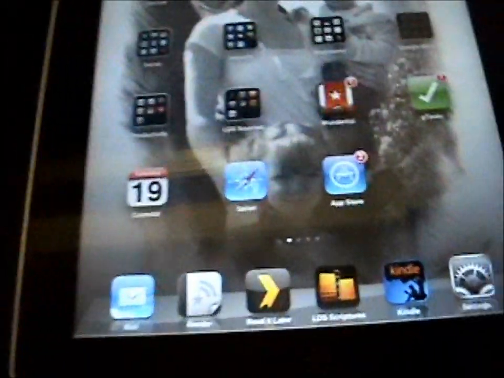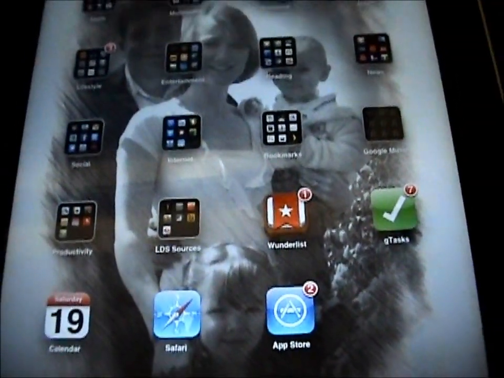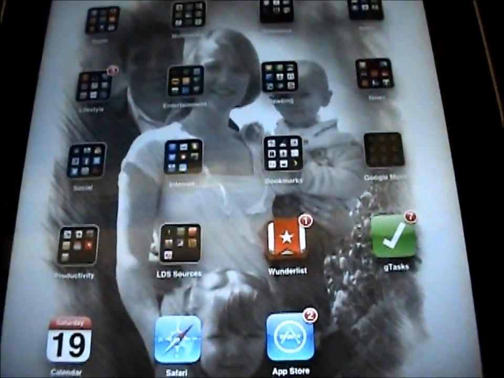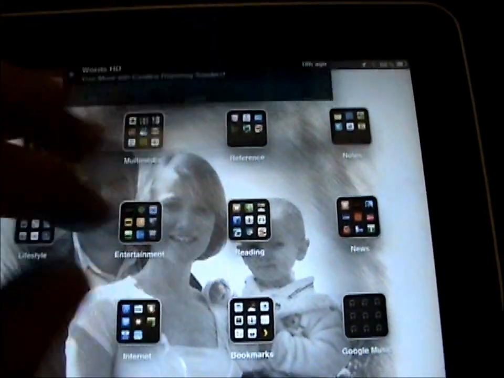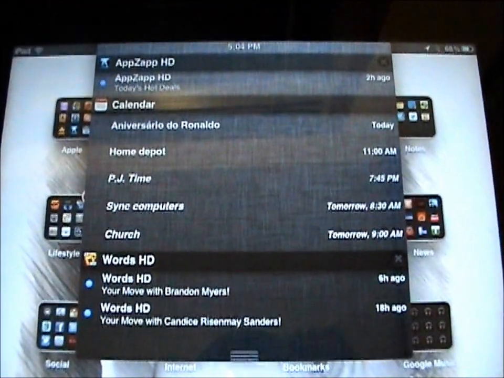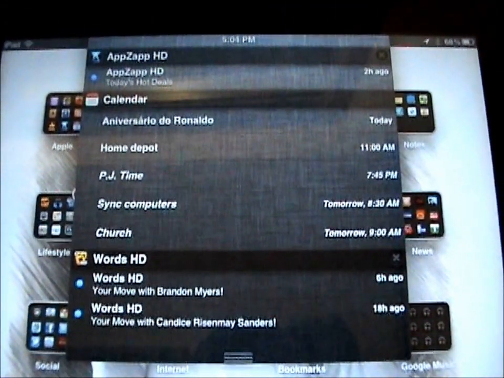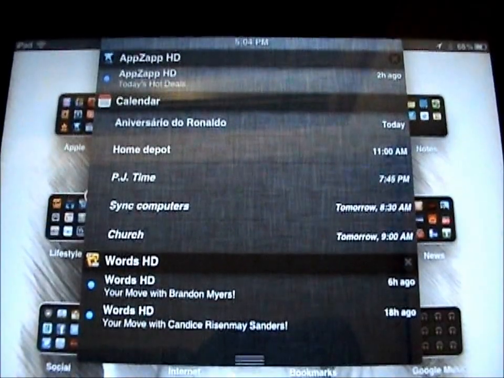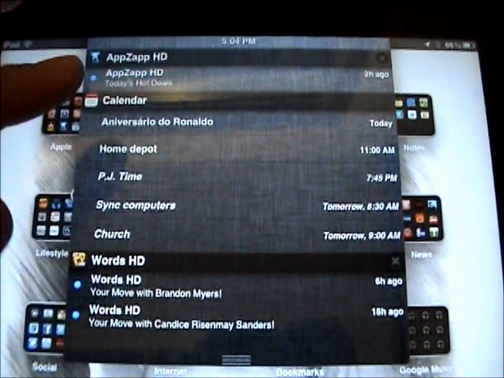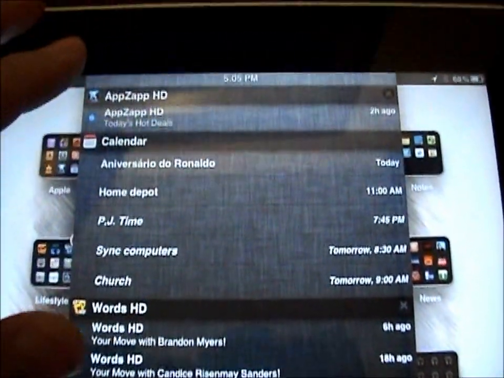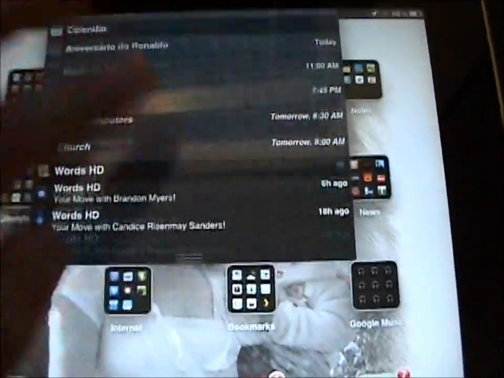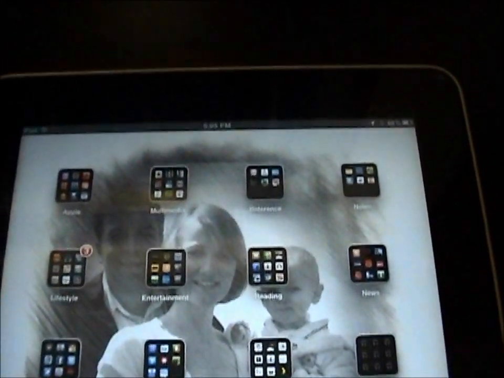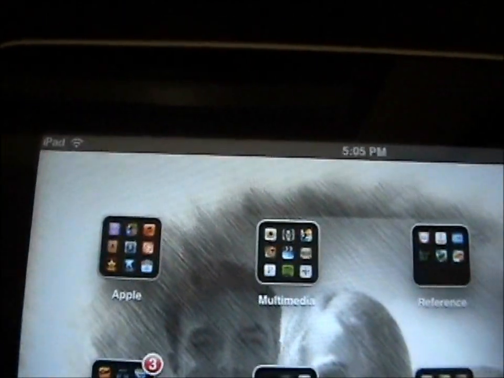iOS came a long way in trying to fix its notification system with iOS 5. It was just truly obnoxious and annoying the way it used to be. So now they actually have it embedded here in their notification bar, and it's a lot better. I can see that I have some things going on with Words with Friends. I've got some calendar appointments, a little application there that's giving me a reminder. However, my complaint, that they didn't fix, is I don't have any notification up here that I even have anything in that